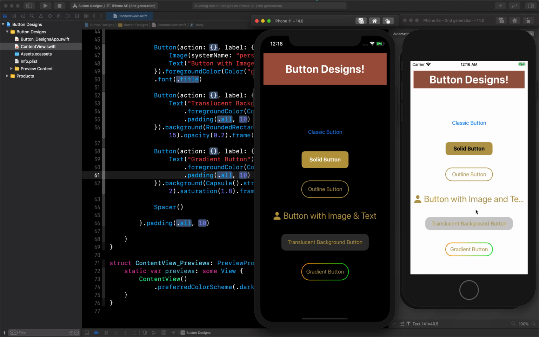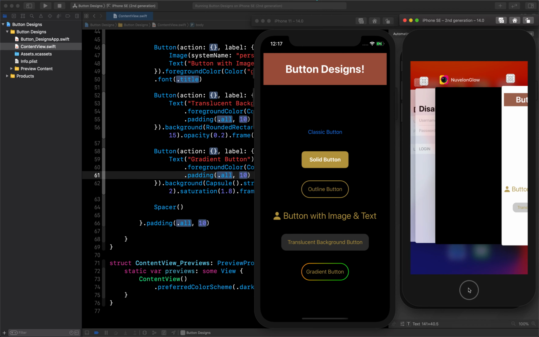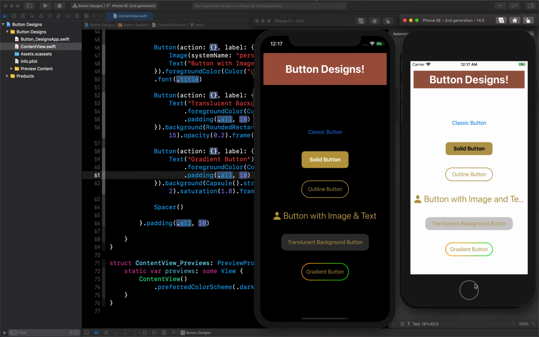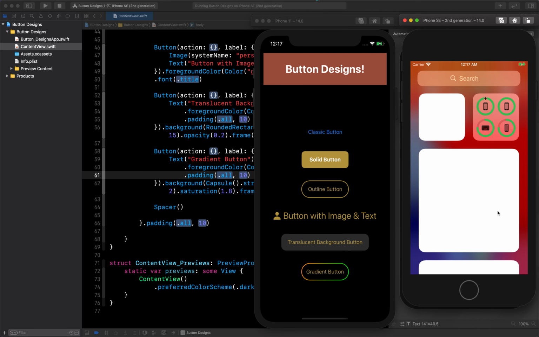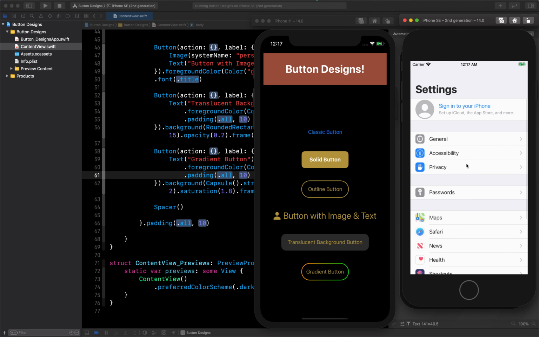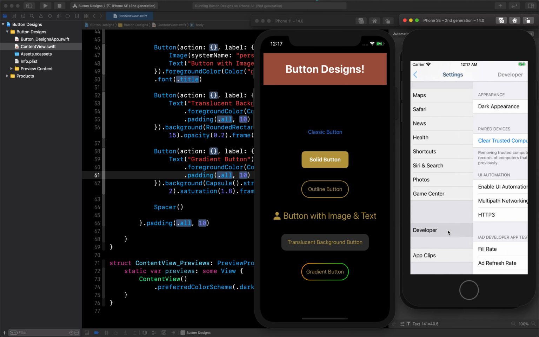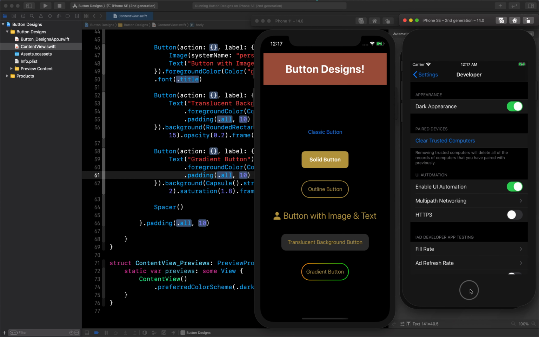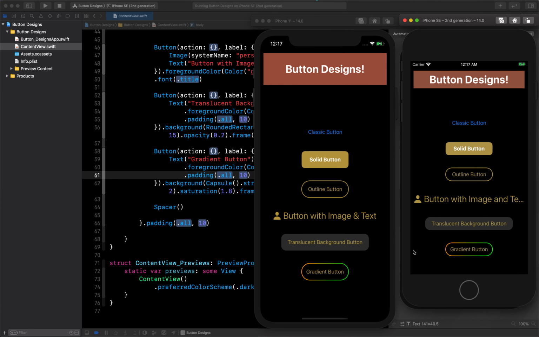There is some problem with this width, which we can change according to the gradient view, but you can see how it is looking. Let me just change the mode to dark mode so that we can compare them in the same mode. So I've changed it to dark mode, and now let's see how it looks. So you can see everything is the same.